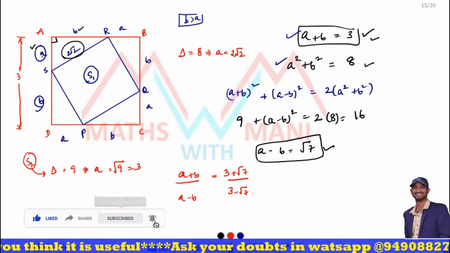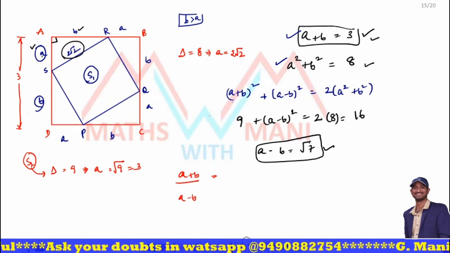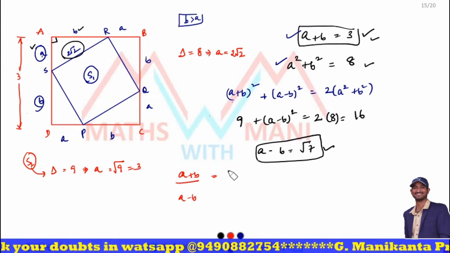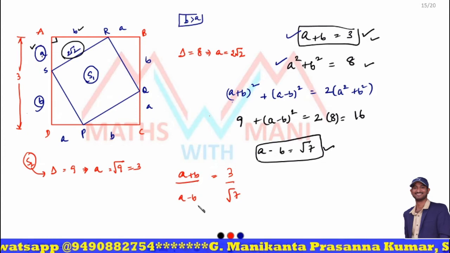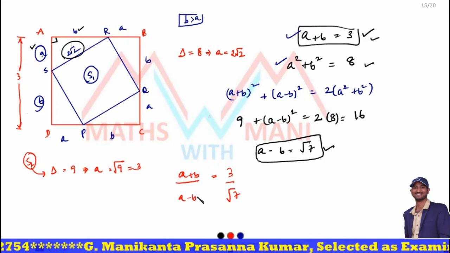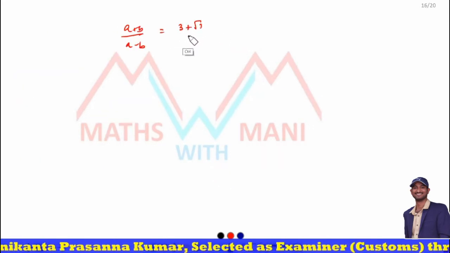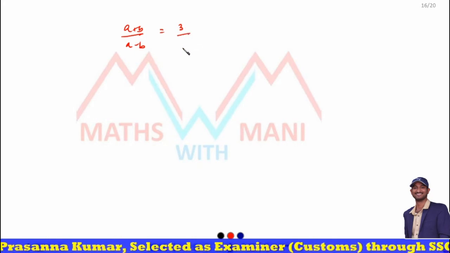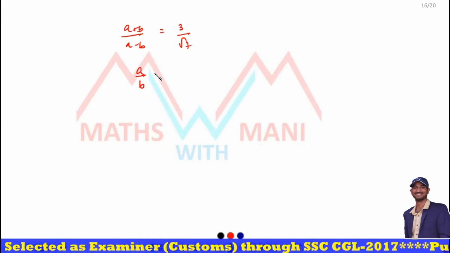Mistake, it is my mistake. a plus b is 3, a minus b is root 7. So (a plus b) by (a minus b) is 3 by root 7. After applying componendo dividendo, the value of a by b,